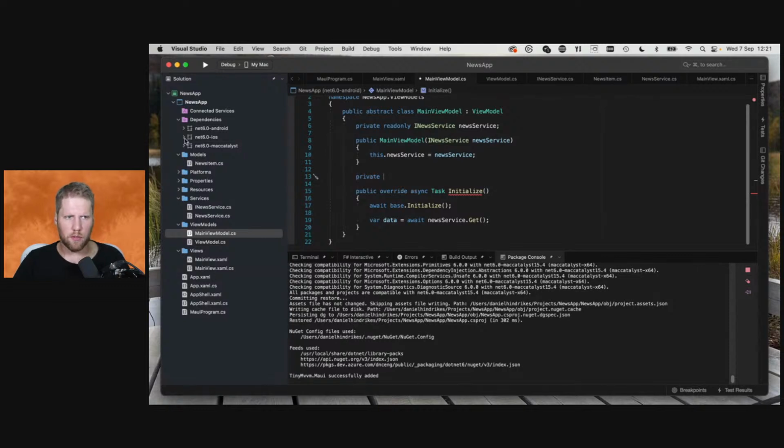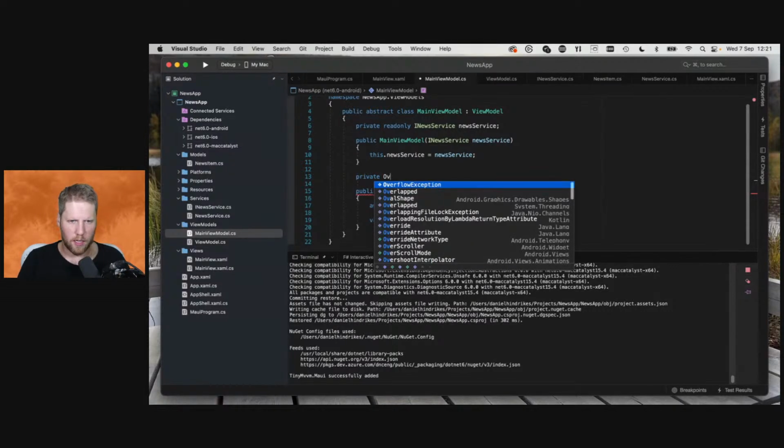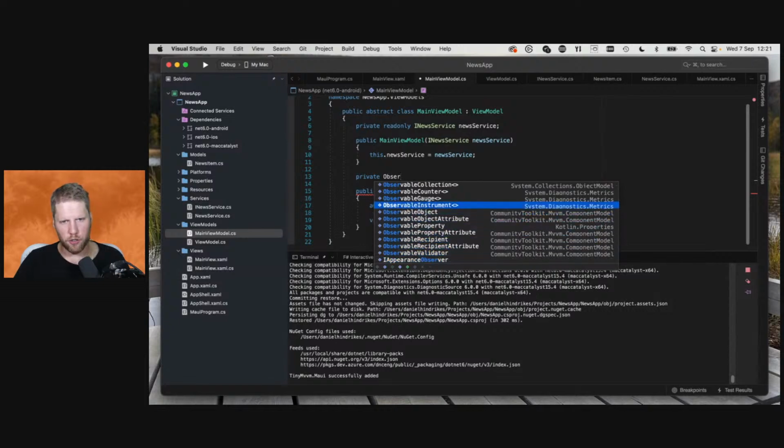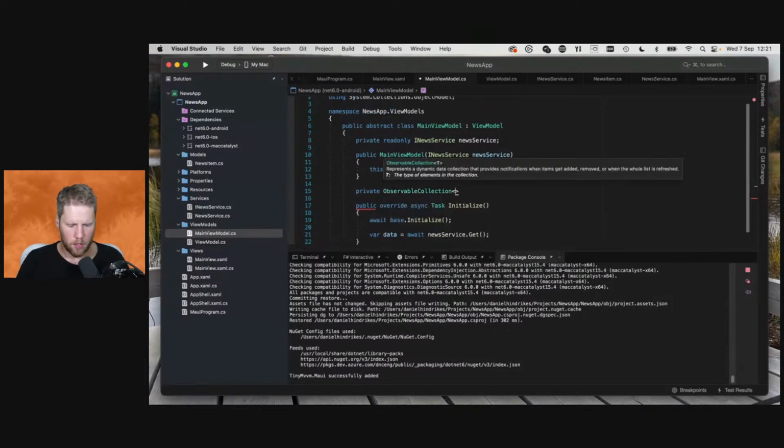But that is because I think .NET MAUI is much more mature than Xamarin Forms, and stuff that you needed for Xamarin Forms is not needed anymore. So there will be breaking changes between Tiny MVVM for Xamarin Forms and for .NET MAUI, but it will also be much better, if you ask me. Yeah, and I created Tiny MVVM from the beginning because I don't want to write the same code in all my projects. Observable collection of